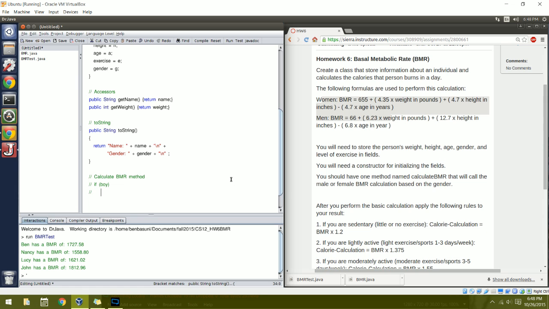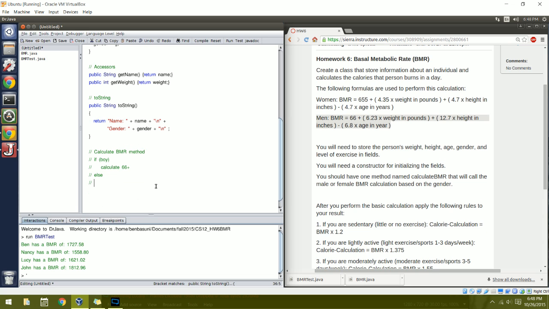Oh, I can't do tab. Calculate this one right here, like the 66 plus. Else, and since there's no boy/girl here, I don't really have to do an else if for girl. I could just do else, and I'll say calculate 655 plus. Right? That makes sense. And then at the end of it, I'll just do return